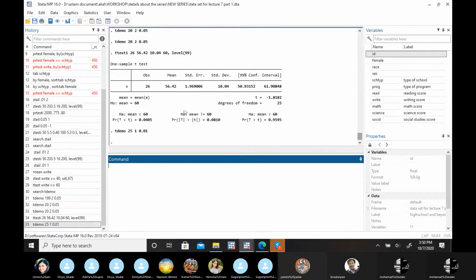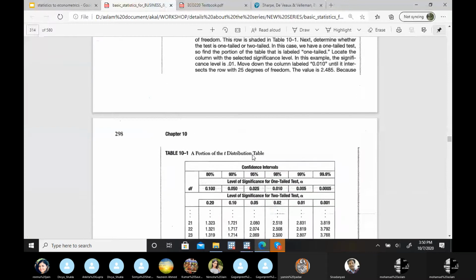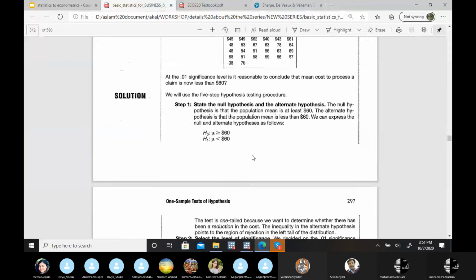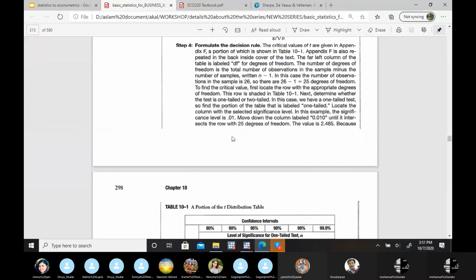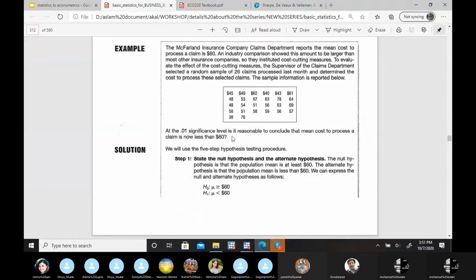So, good. Now you interpret. I have already interpreted so many cases, so why don't you try to interpret? What it means is our null hypothesis is accepted. We are rejecting the alternate hypothesis. So interpretation depends upon the situation. What was the situation here? The situation is, in the null we are saying greater than or equal to 60, so we have to accept this. To interpret, we have to go through this particular situation, the question. Interpretation comes with the question.